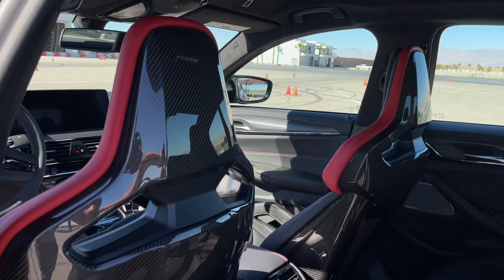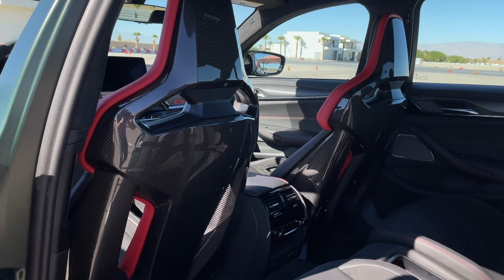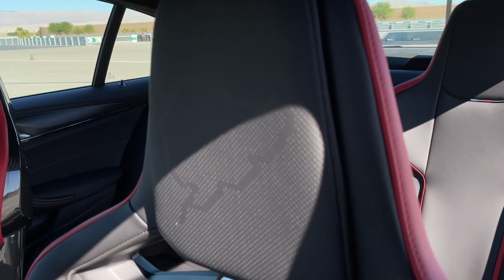But although these seats aren't that comfortable, they are gorgeous looking. I love how there's a little bit of red on them. The backs are all carbon fiber, gorgeous. And I love how here on the headrest, you've got a little outline of the Nürburgring in Germany embroidered in there, letting you know that this car was developed on the green hell